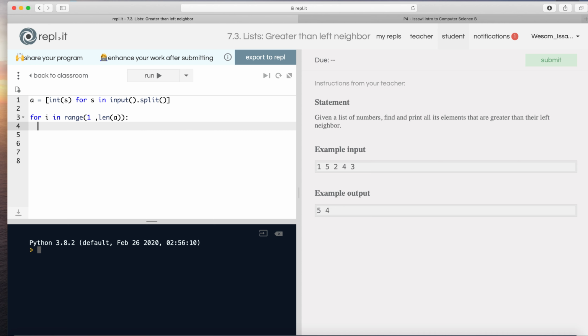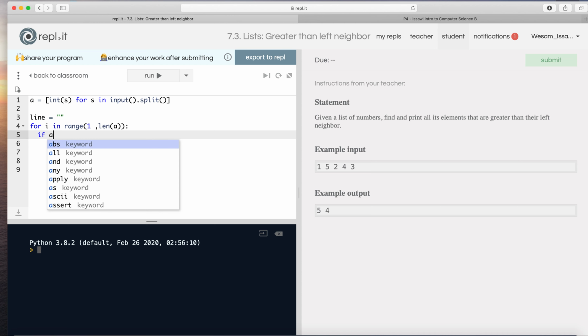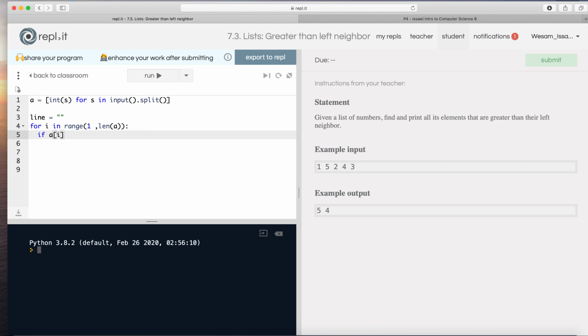So what do we want to check? First of all, let's build our line. Line equals just an empty string. And we're going to check if A of I is greater than A of I minus 1. So if A of 1 is greater than A of 0,